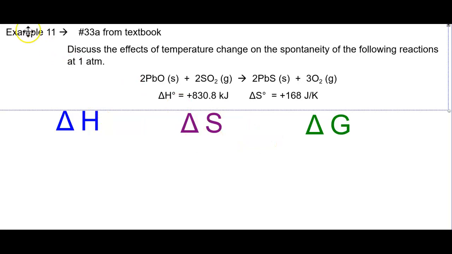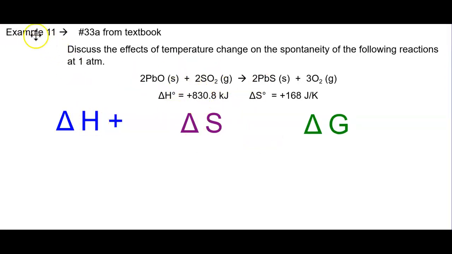So H, S, and G. From this problem, we see that H is positive, S is positive, and we remember from the chart we looked at before that if H is positive, then G is going to be positive, based on the way we're going to memorize that chart. So therefore,